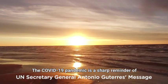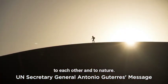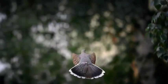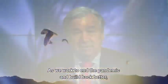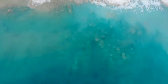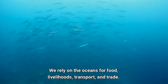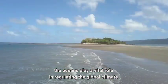The COVID-19 pandemic is a sharp reminder of how we are all intimately connected to each other and to nature. As we work to end the pandemic and build back better, we have a once-in-a-generation opportunity and responsibility to correct our relationship with the natural world, including the world's seas and oceans. We rely on the oceans for food, livelihoods, transport and trade. And as the lungs of our planet and its largest carbon sink, the oceans play a vital role in regulating